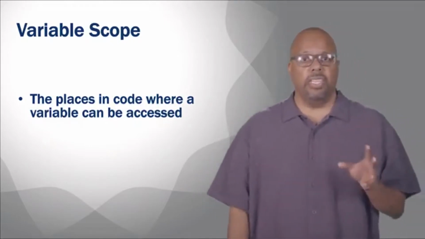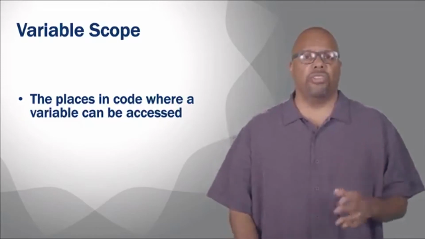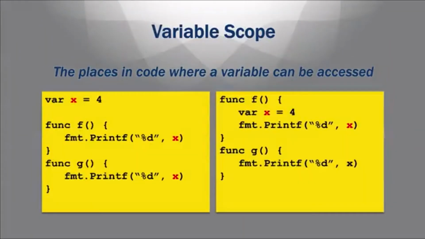In these little examples, just to show you an example of scope, if we look at the first block of code, we've got this variable x that I'm highlighting in red. This variable x is defined outside of these two functions. I've got two functions defined, function f and function g, but outside of both of them, I've defined this variable x. So var x equals 1. Then I define my function f and function g. If you look inside function f and g, they're very simple. All they're doing is printing x. They're both printing x.